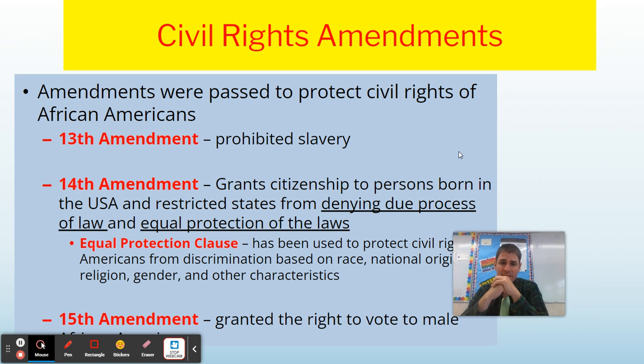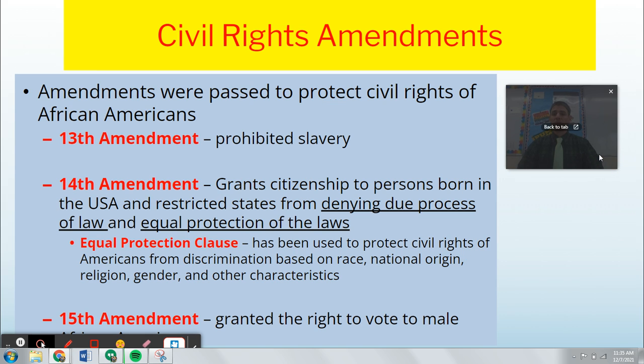Do know these civil rights amendments. The 13th, these were passed after the Civil War as a means to protect. The Civil War was in large part fought around the issue of slavery. Individuals might say, well, I thought it was not slavery, it was a states' rights issue. I would argue, well, a state's right to determine what, right? Well, to determine that it could have slaves. Underlying the Civil War was the issue of slavery.